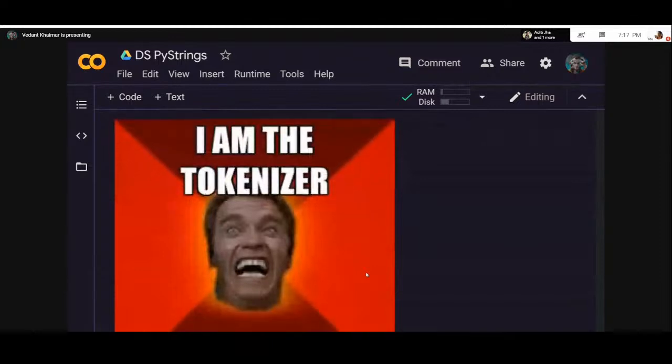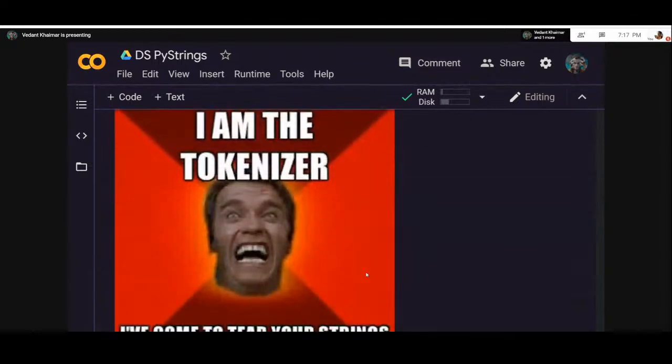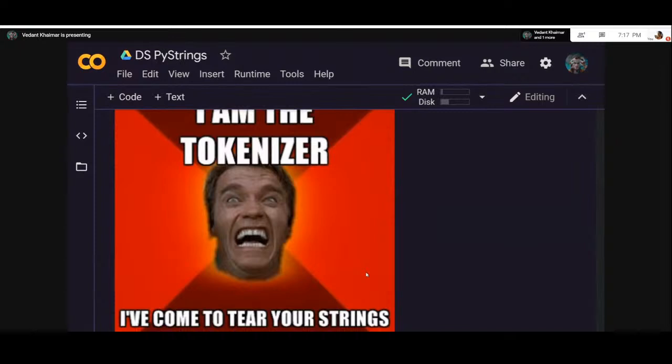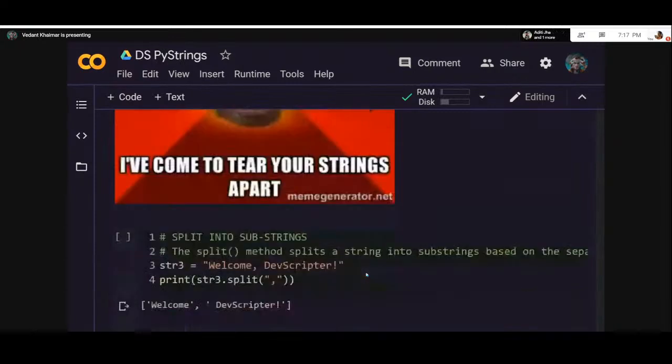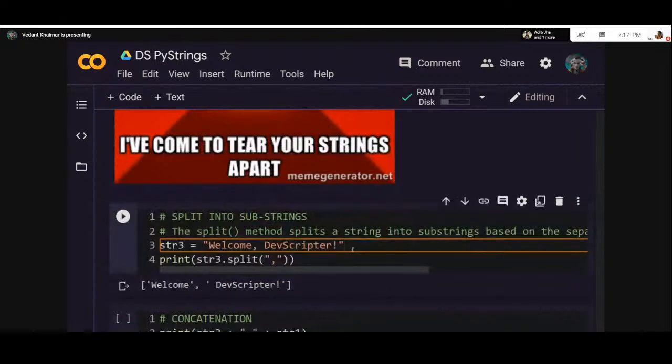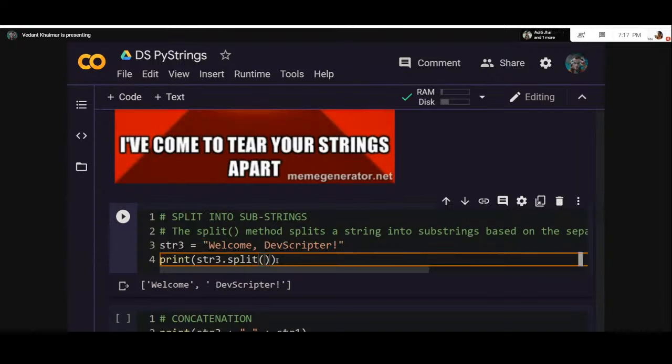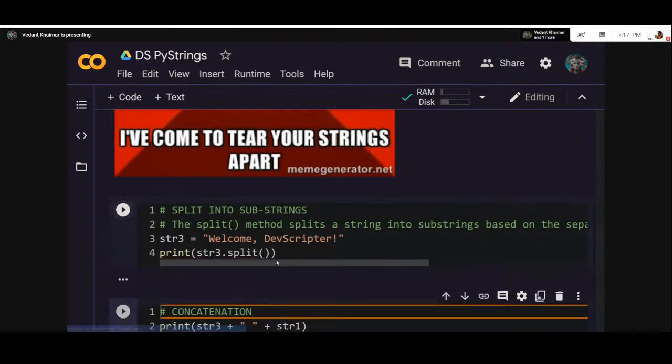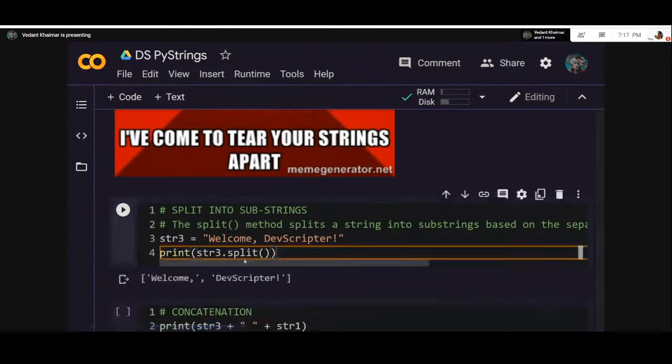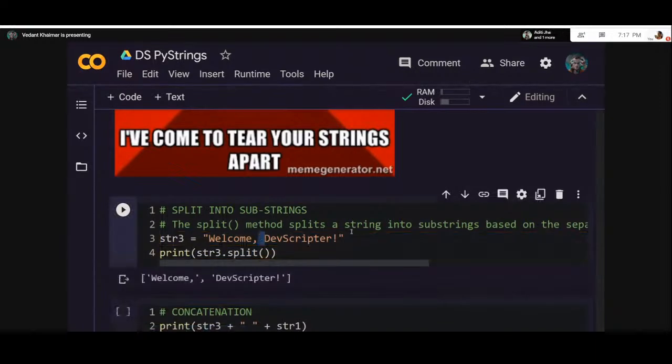Now there's an interesting thing, that is a tokenizer, which literally tears your strings. The tokenizer and tearing strings might sound a bit heavy, but it's not a big deal. You just have to divide your string into parts that are separated by some character or by a small string. By default, if I don't put anything in the split function, it separates by a white space. So we can see that here we have a white space. You all can see, right? Yeah,